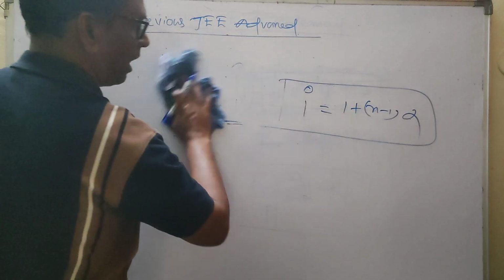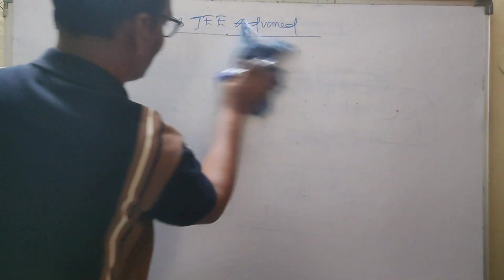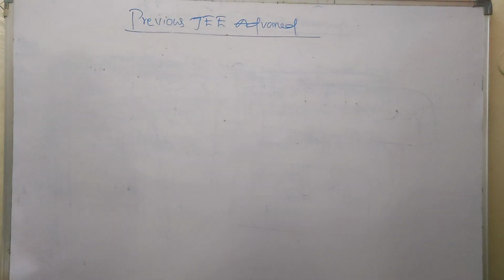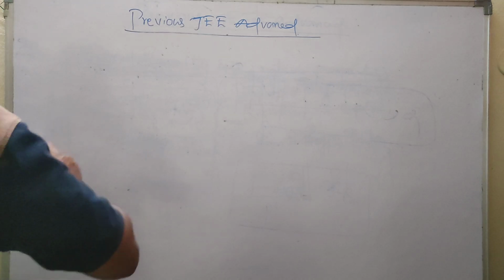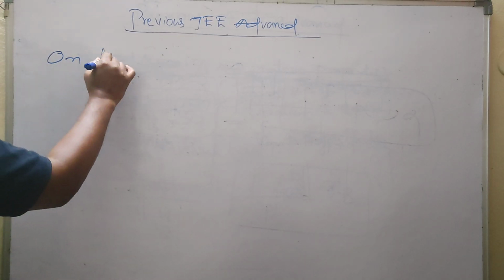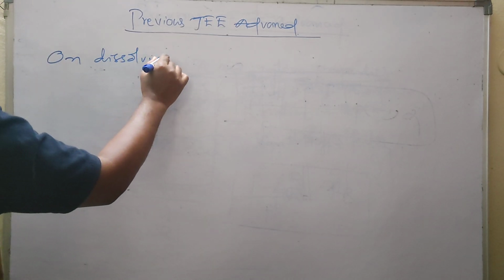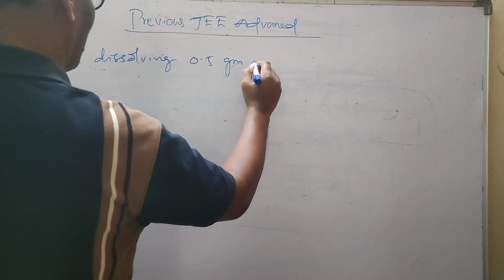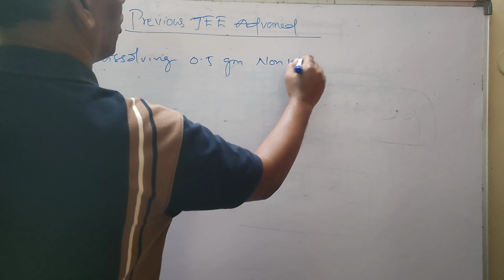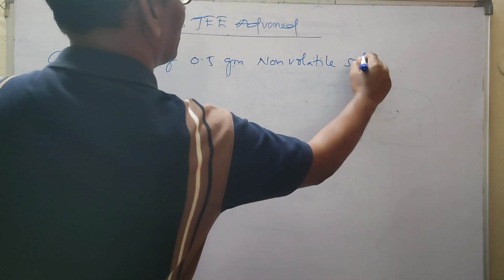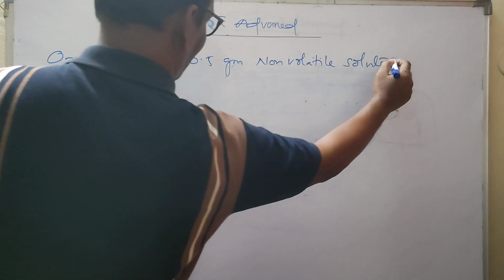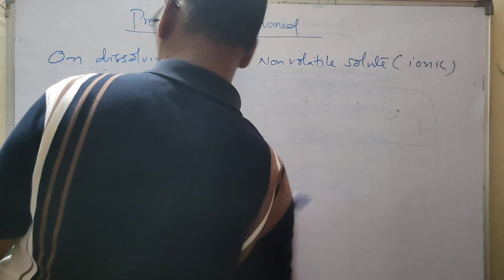So on the basis of this, let me show how problems were asked in previous years. One problem I am writing here, you just note down. The problem is like this. On dissolving 0.5 grams of non-volatile solute, solute means ionic solute,